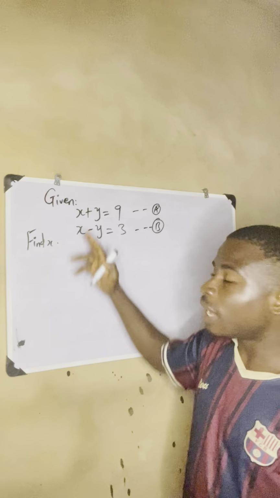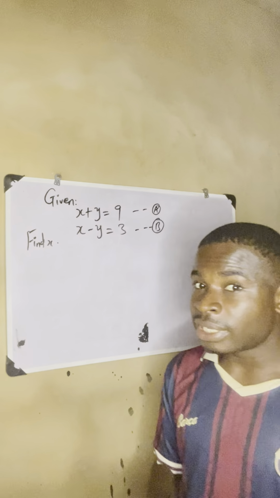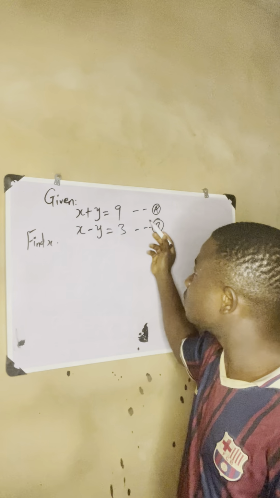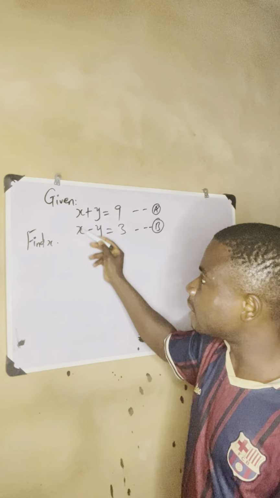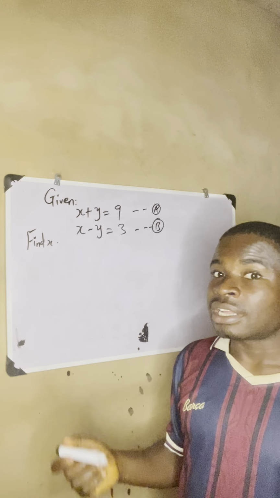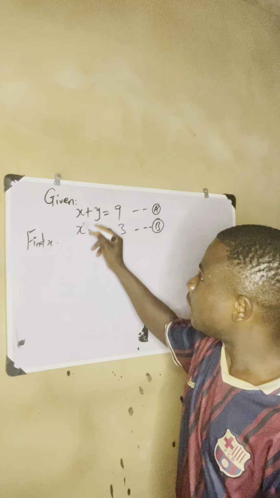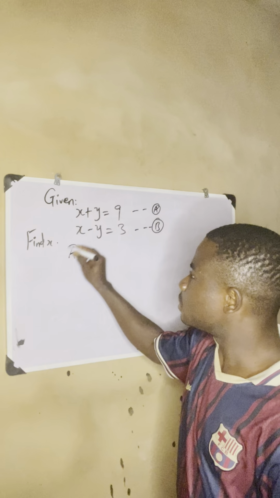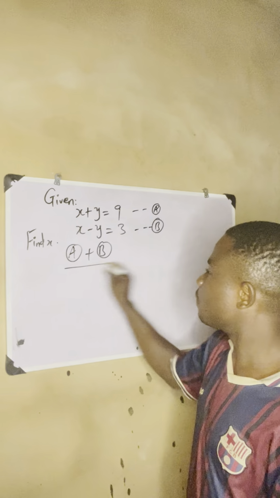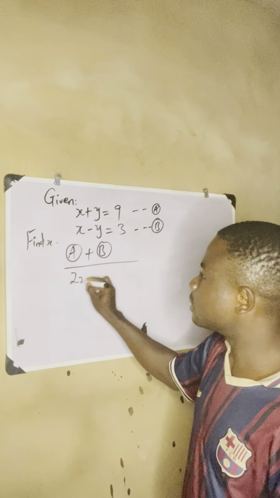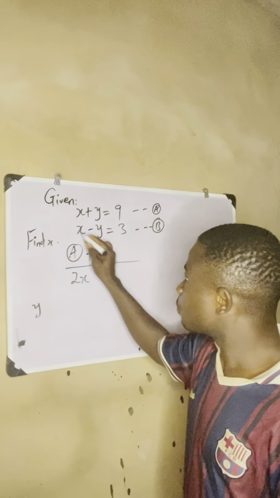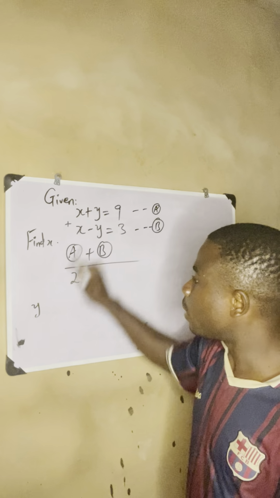Let's say you are adding corresponding numbers, corresponding elements. So when I add these two equations, I'll add x and x, y and y, 9 and 3. So that is how to add. So when you add, that is equation A plus equation B, we have x plus x is 2x. y plus, look at this, y, we are adding, remember. So y plus